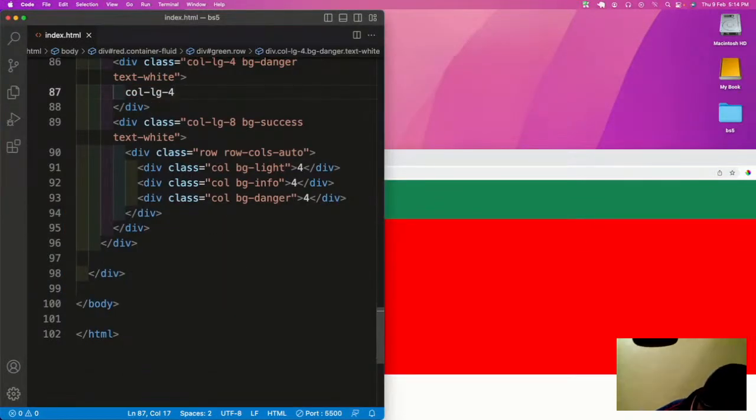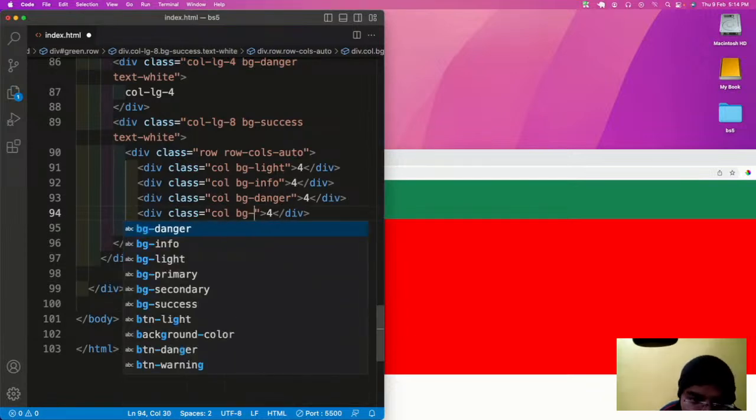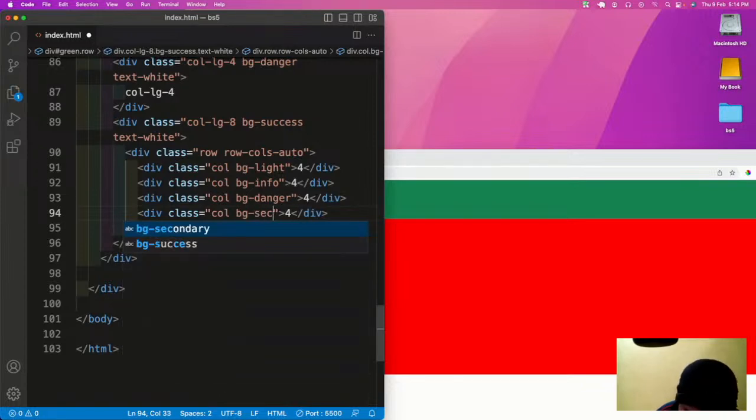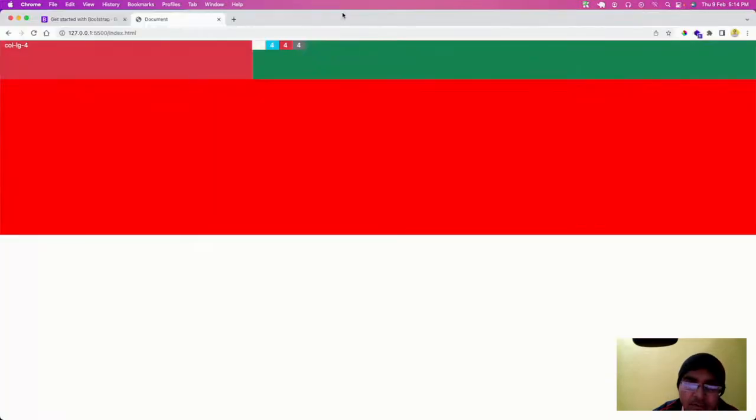Now let me do one thing. Let me create another div with class col and 4, and again the content will have 4 here, with bg-secondary, and see how it works. So we have created another column. Now there are 4 columns. Okay, so here if you see,